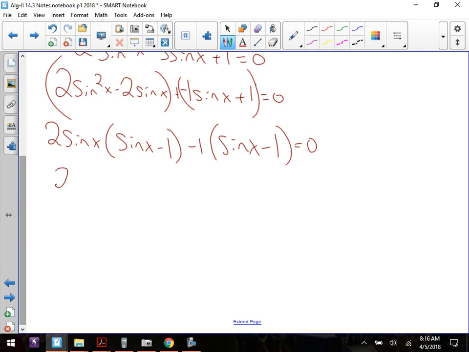So you have 2 sine x minus 1 is 0. Sine x minus 1 is 0. One of them was pretty quick. You get what angle has a sine of 1/2? We've done this one already. Sine of 1/2 is where? Pi/6 and